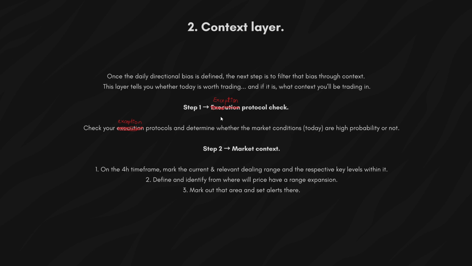Now if you're wondering what are exception protocols, then you should watch chapter 4. In that chapter I explained everything about exception protocols, and basically they are protocols which tell you that even if you have the correct directional bias for the day and you've accurately determined it, and you also have a proper market context on the 4 hour, there could still be certain trading days in certain instances where it wouldn't be high probability for you to trade,